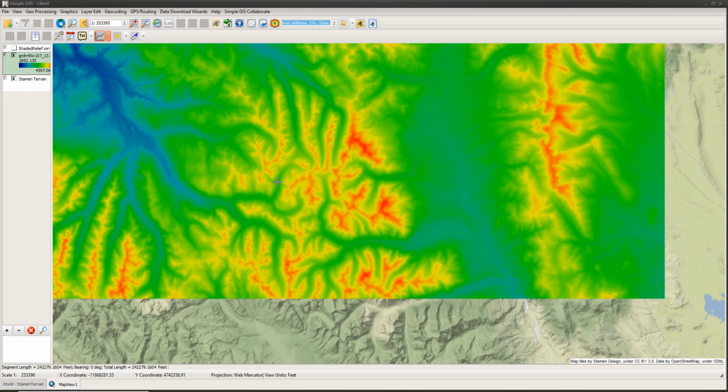And so you can actually use this raster image and view the elevation profile by drawing a line along a segment of the image. So to begin with, I have an elevation model that's been loaded. I actually downloaded this particular raster image. I'm using the USGS data wizard in Simple GIS Client, and this is actually a 1/3 arc second digital elevation